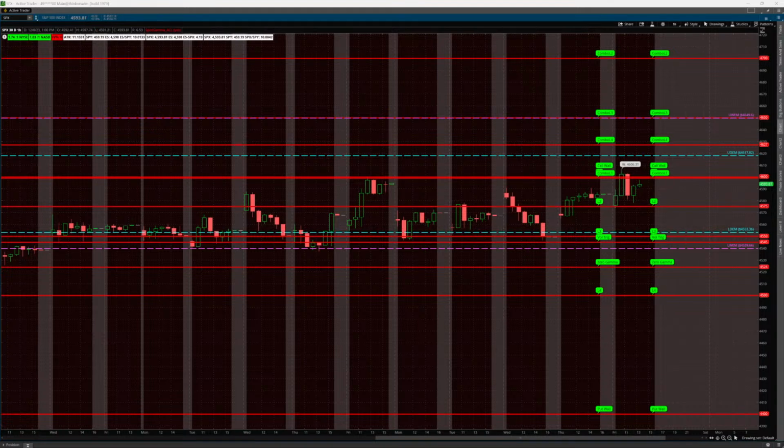And note also the very narrow range for the last couple of weeks, in between around 4540 and 4600. And there's a pretty good chance that the SPX will break out of that range next week with the data, and also the CPI data, FOMC meeting, and then the December options expiration, releasing some of that positive gamma. I'll talk more about that on Monday again. All right, so that's SPX.